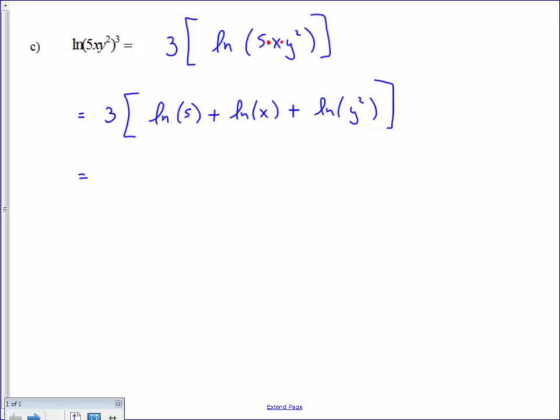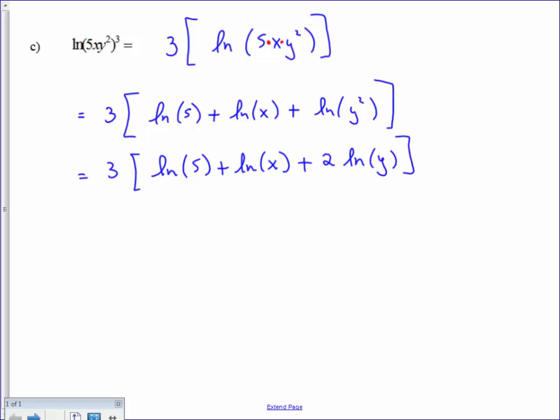Okay, looking at the inside, look at the arguments. We have natural log of 5, that doesn't reduce. Natural log of x, that doesn't reduce. And then finally, natural log of y squared. The argument has a power on it, so I need to use the power rule on that part. Keep the rest as it is. And then using the power rule, the 2 would be multiplied in front, and then this would become natural log